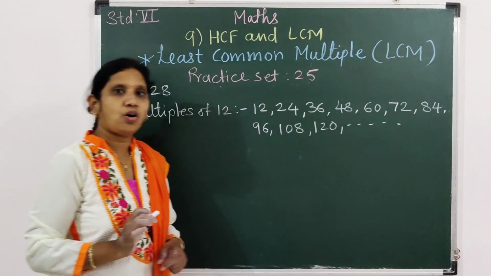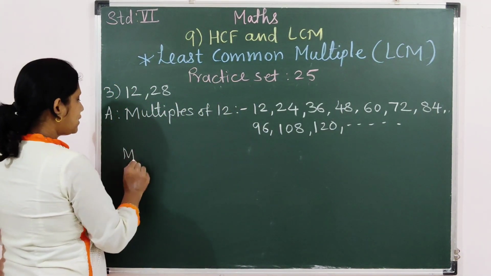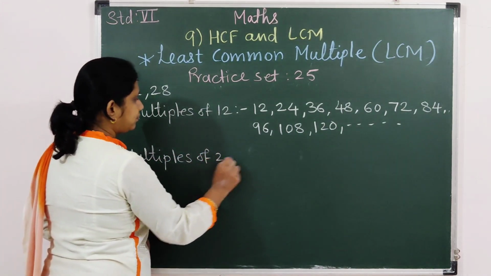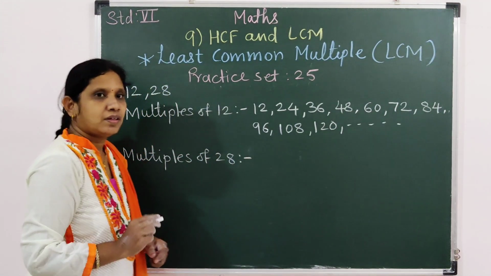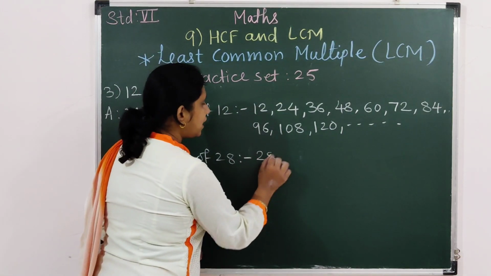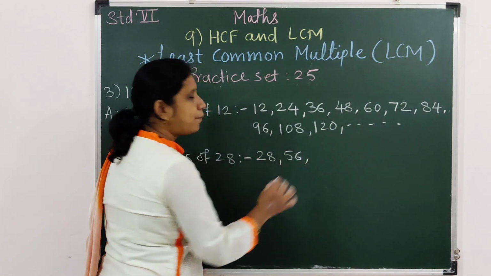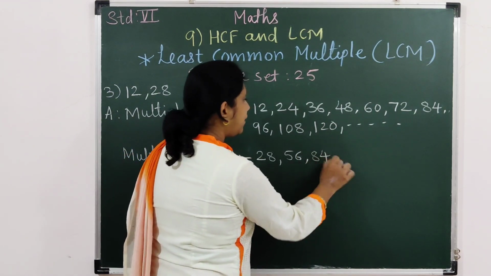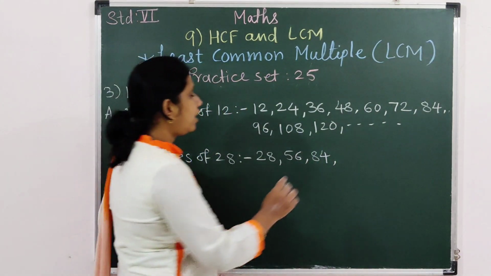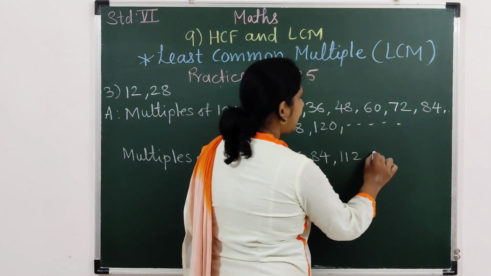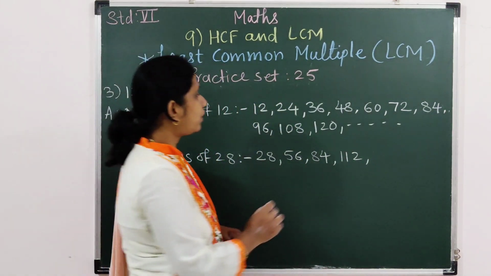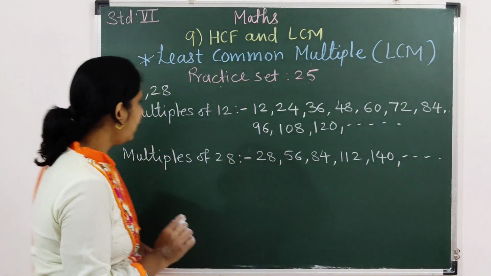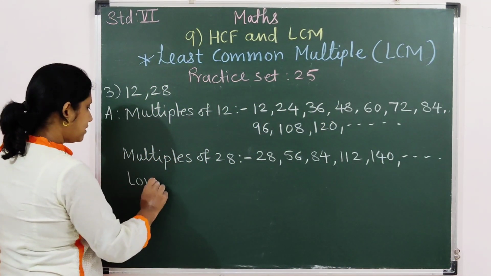and so on. Okay? Multiples of 28. 28 1s are 28, 28 2s are 56, 28 3s are 84, 28 4s are 112, 28 5s are 140 and so on. Okay? Now the lowest common multiple